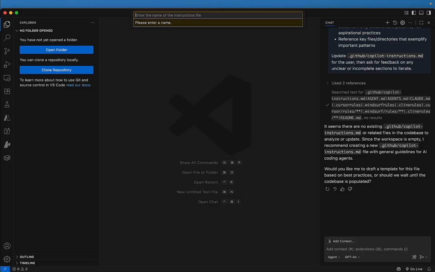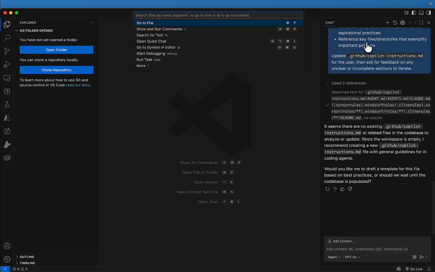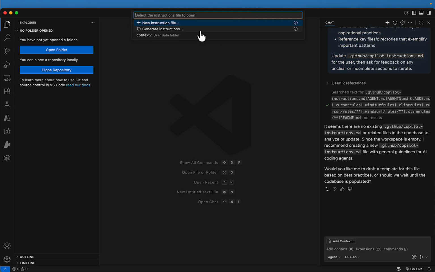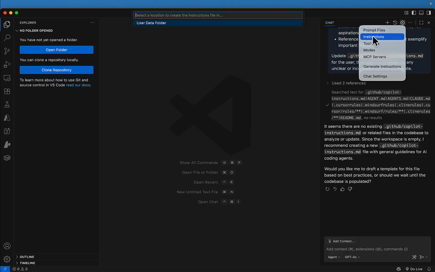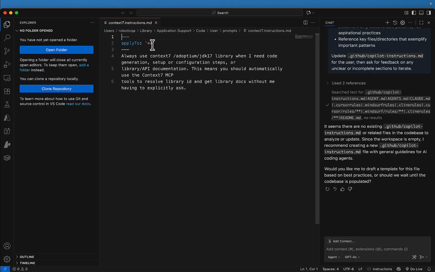Let me go again to instruction, new instruction. There is already one instruction created, so I'll go to that, and you see this is the instruction already created. Always use Context7,